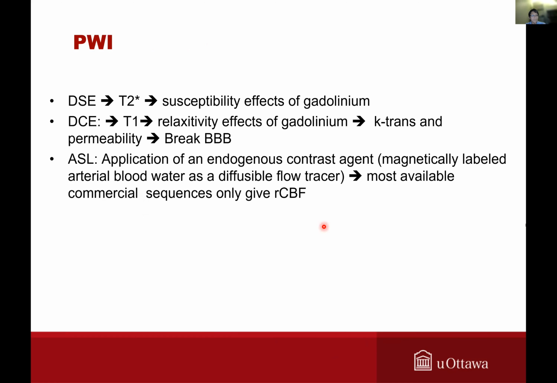Now let's go to speak about perfusion. In perfusion, we have 2 methods that use contrast, and we have ASL that does not use contrast or uses an endogenous contrast. The ones that use contrast are the T2 star images and T1. The first one is the dynamic susceptibility enhancement. So what we're trying to do here is see the changes of susceptibility as we are giving contrast to